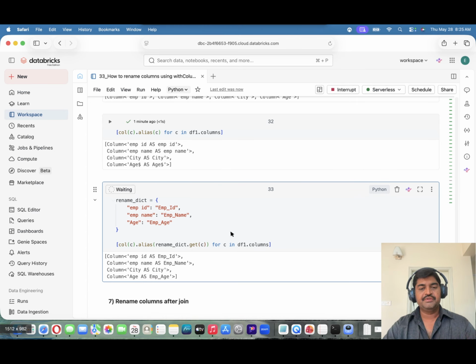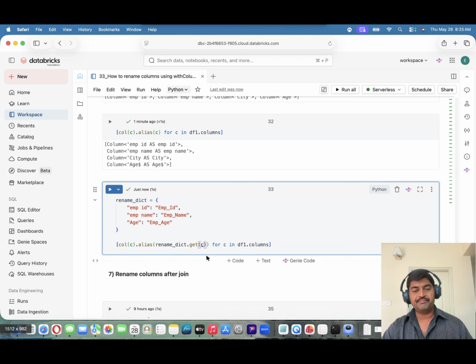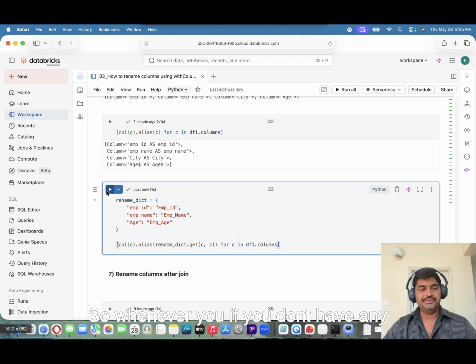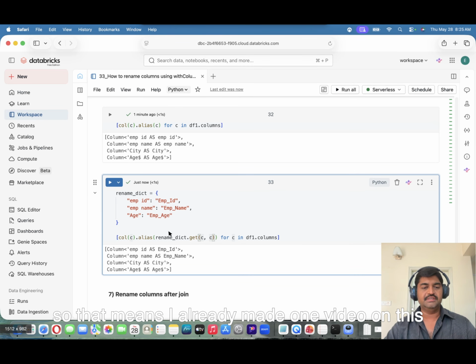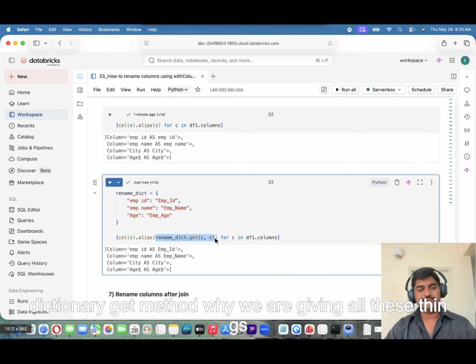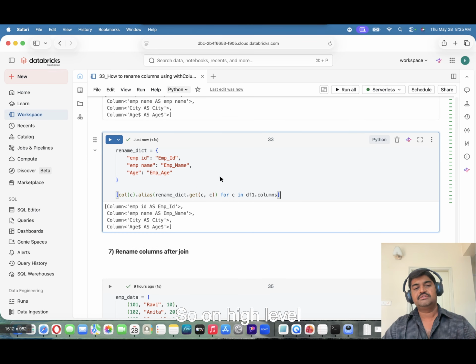But why we write C comma C is so that whenever you don't have the key here, we avoid the error by giving a comma C as the default. I already made one video on this dictionary.get method, on why we give all these things. If you watch my Python list, you will get a better understanding. So at a high level,